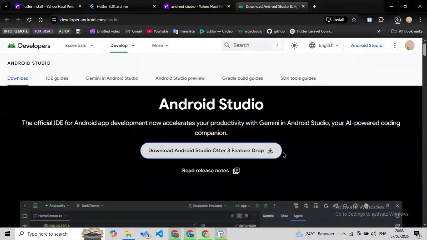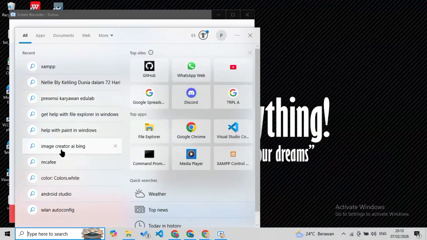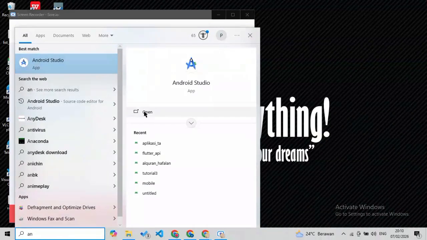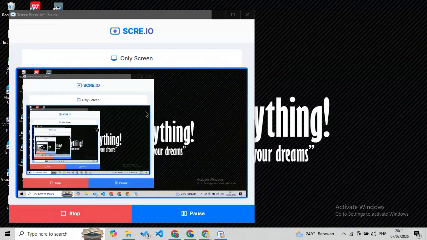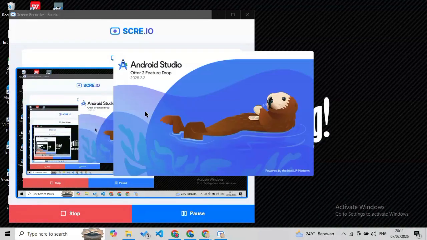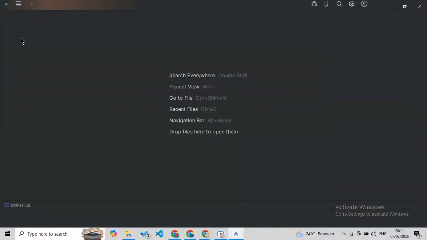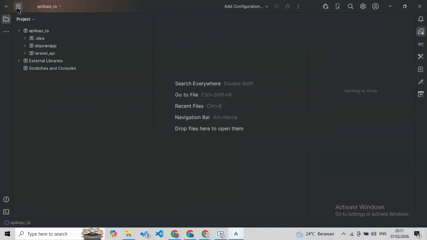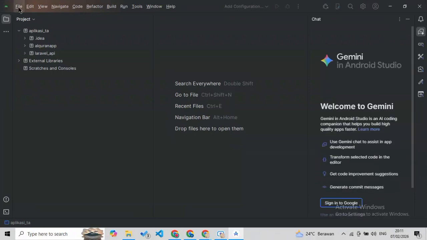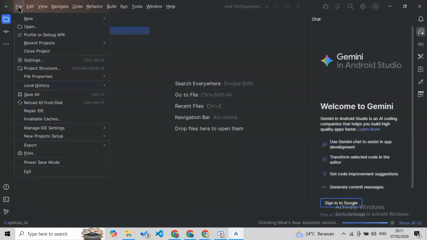After installing, open it and make sure the Android SDK and platform tools are installed.